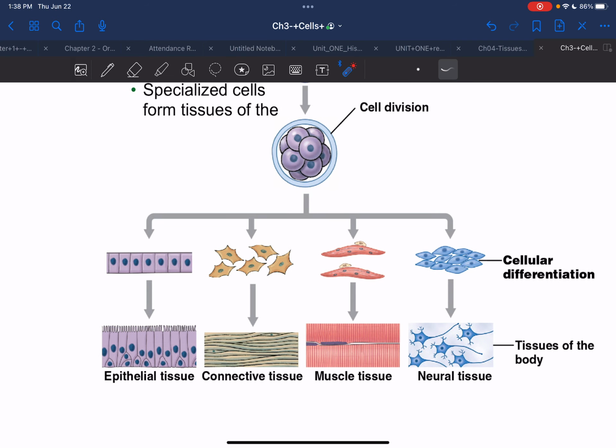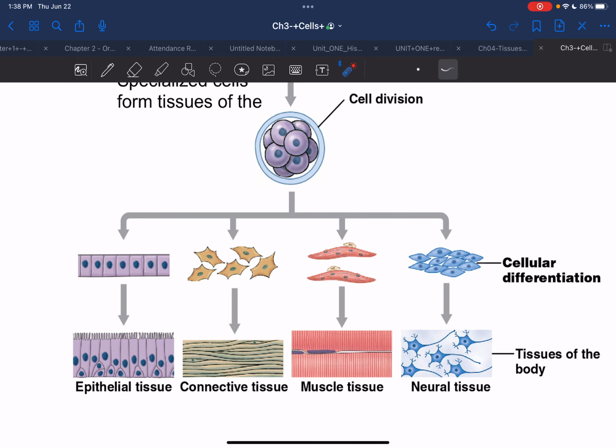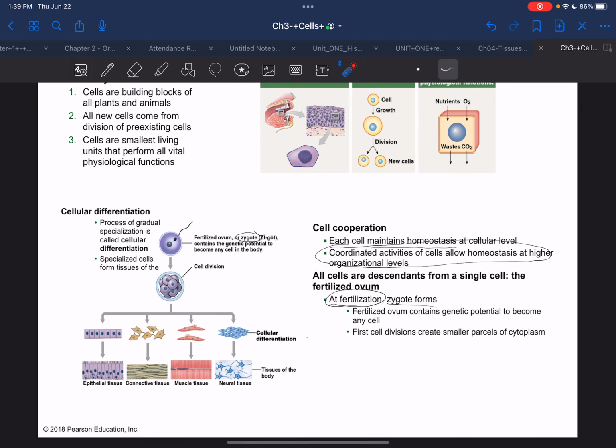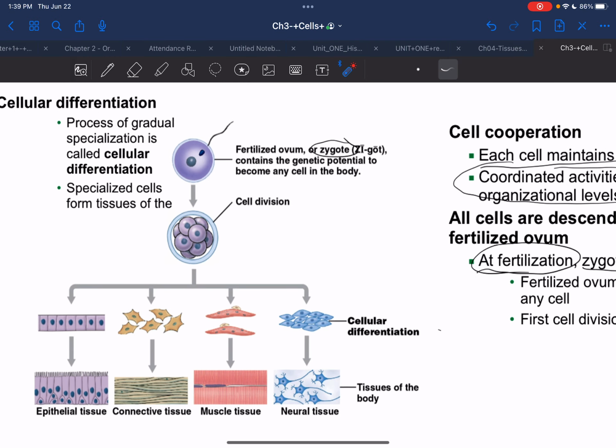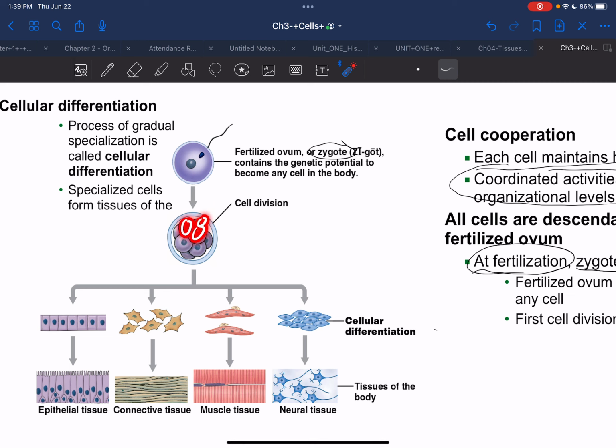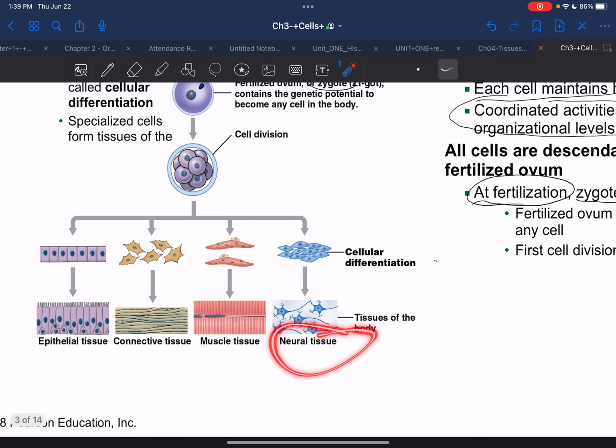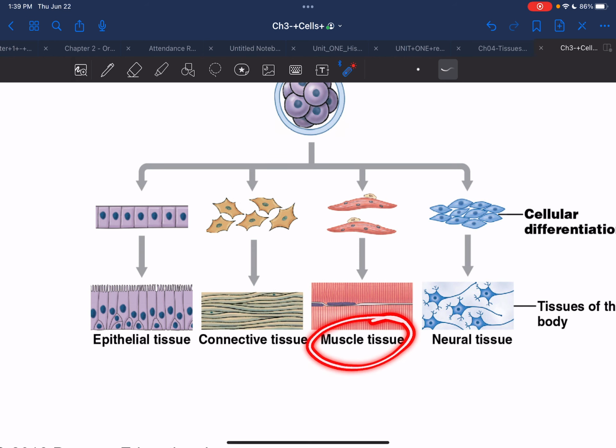Eventually they branch off, and when they start branching and becoming different, they're undergoing cellular differentiation. This is a word we have to understand. It means to actually transform or turn or specialize, to go from basic little cells to eventually become very specialty cells. Where are we going to encounter neural tissue? In the brain, in the spinal cord. What's an example of a muscle tissue cell? Right? The skeletal muscles that we learned about in the organ system, skeletal muscle, the cardiac muscle, smooth muscle,